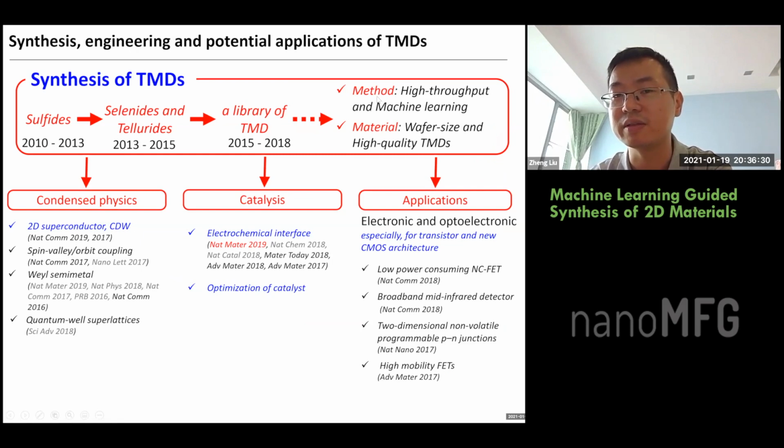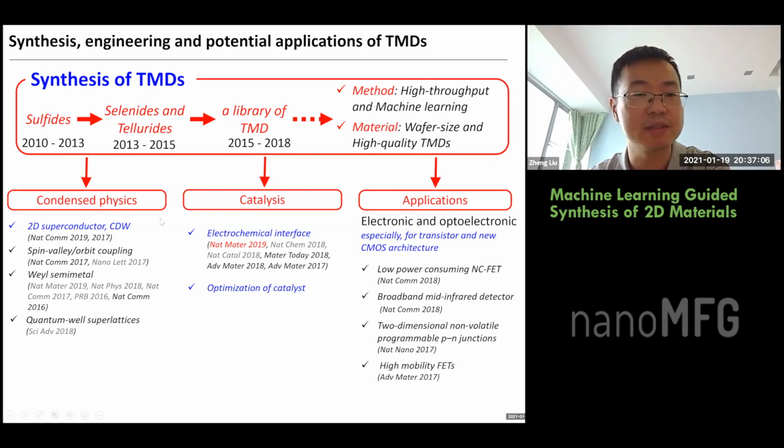First, in terms of method, people are looking for some high throughput method to make the materials at large scales. Also, I will discuss how to use machine learning to reduce the cost and reduce the manpower. On the other hand, for the material itself, we want to make wafer-size material with low grain boundary, high quality, and low defect. Okay, so we have produced more than 100 materials,